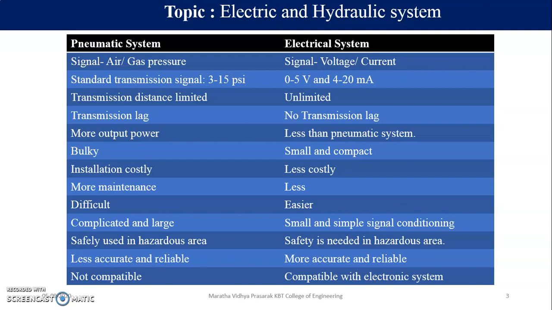Now why is there a transmission distance limitation in a pneumatic system? As you all know, air is going to be transferred and it is going to carry the pressure which is going to actuate the actuator. Now if only the tubings are going to carry that signal, air can vent to atmosphere at any point. Even if there is a very small hole in the tubing, a micron, air will vent. It won't be a very high vent, but it will be a little bit, and due to that there will surely be a pressure drop.